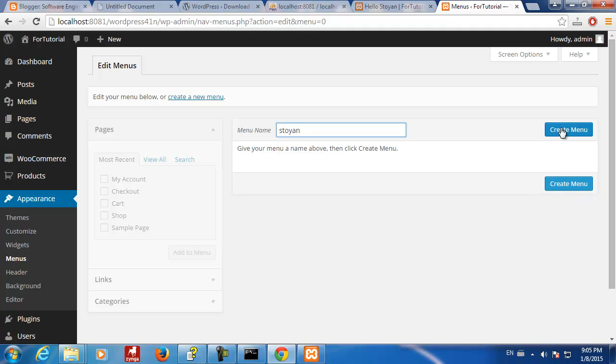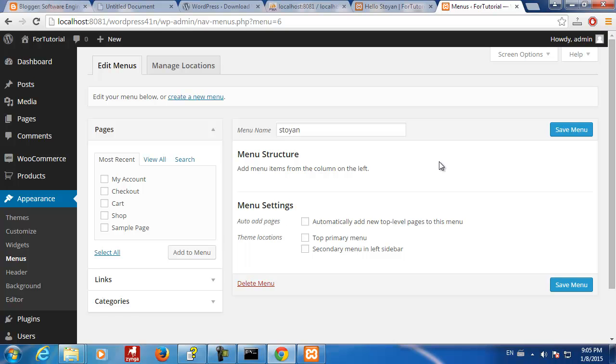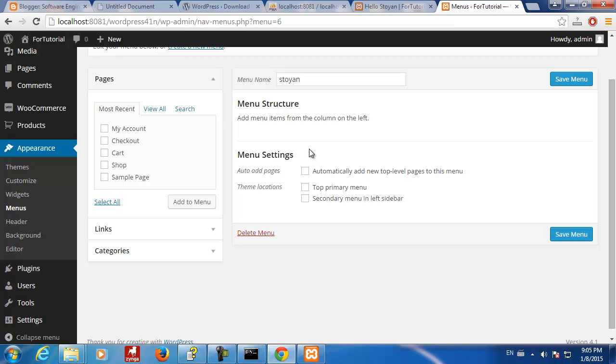You don't meet it very often. You cannot meet this name very often in the English speaking world, so that's why I put it. Then menu settings, automatically add new top level pages to the menu. Okay, let me do that. Top primary menu, secondary menu in left sidebar. No, I don't want that. I just want a top primary menu, save menu,